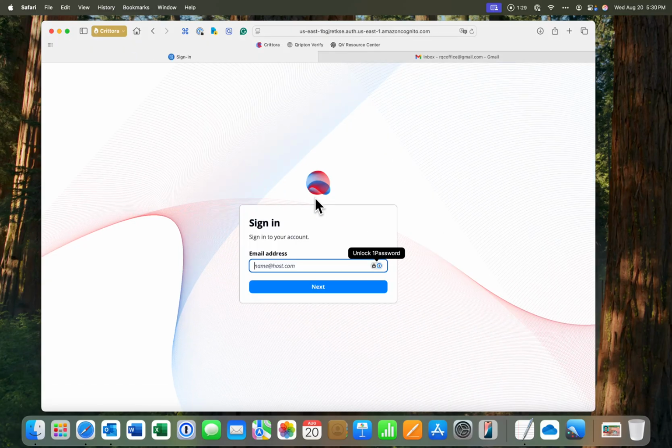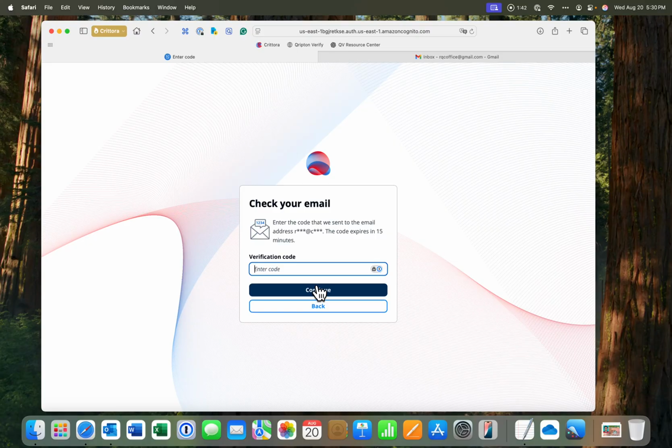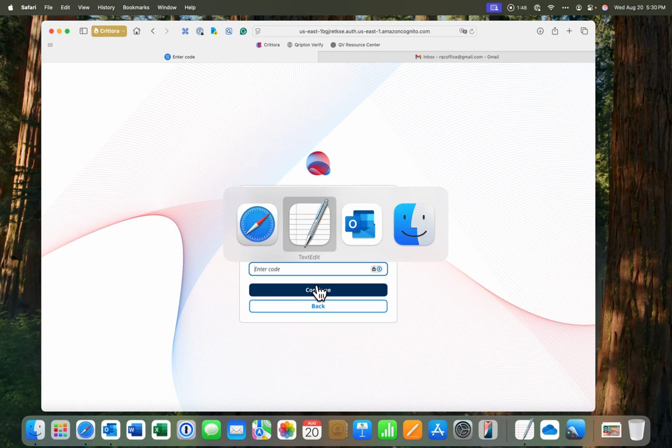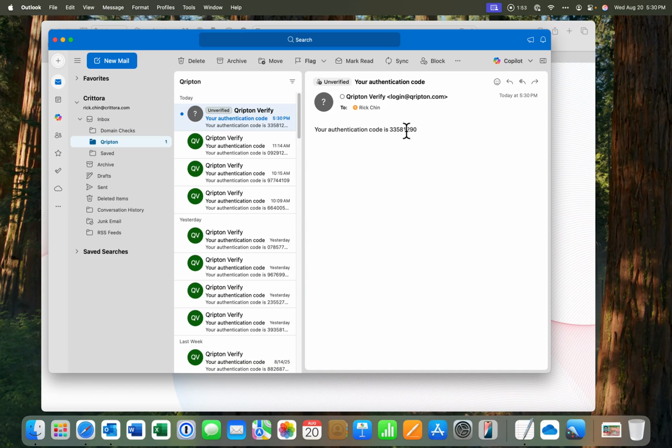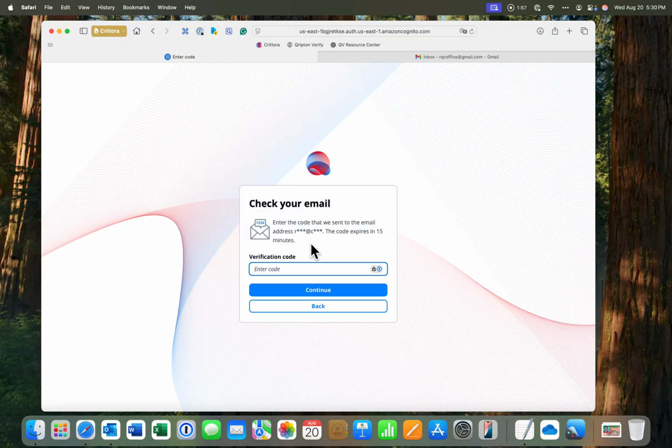It's going to start out and it's going to ask me for my email address. So I'm just going to put in my email address here. And then I'm just going to click the Next button. And it's going to send me a two-factor code to my email. This lets me get into the system. So let me switch over to my email for a second. And here's my two-factor authentication code. So I'm going to copy this code, come back to my browser, and paste it in